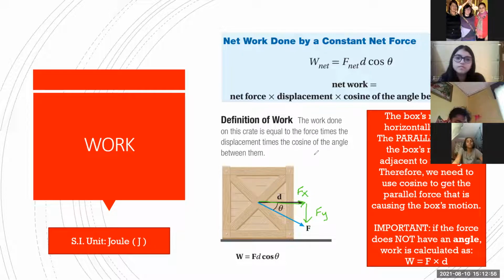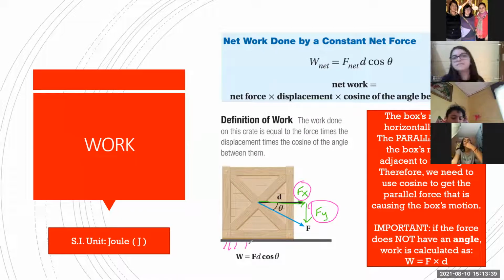Which of the two forces is actually doing the work, Fx or Fy? Fx. Okay, Fx is actually the force that is pulling the box in this direction. If I just apply the vertical component, I won't be able to move the box because here you have a surface. It's like if you push a box down, it's not going to move. If someone sits on a box and you try to move the box, it's going to be even more difficult to move it